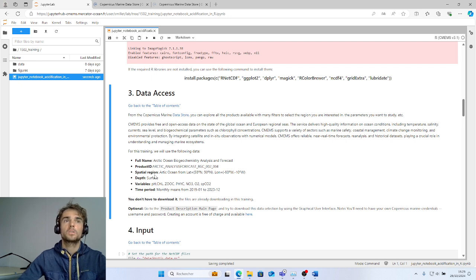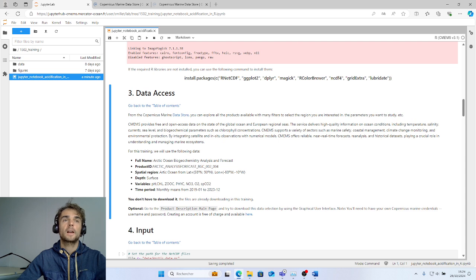The spatial origin is the Arctic Ocean. So here you have the minimum and maximum latitude and longitude. We only download the surface, and the variables are as follows. And the time period is monthly means from January 2019 to December 2023.